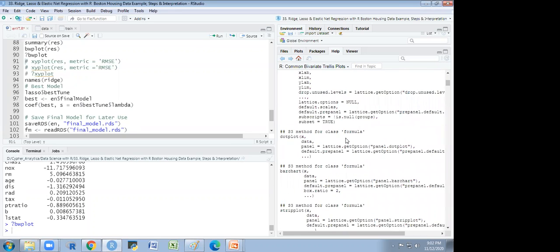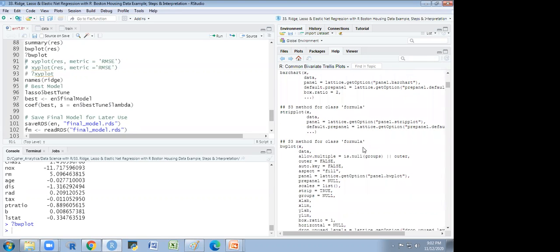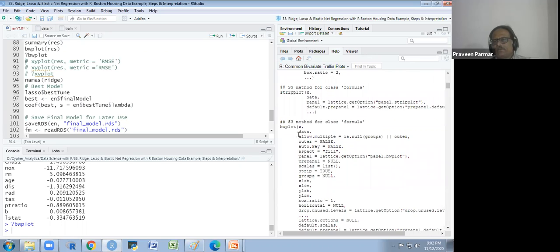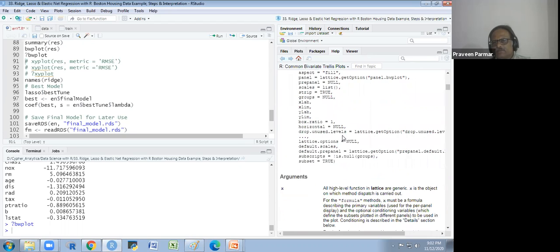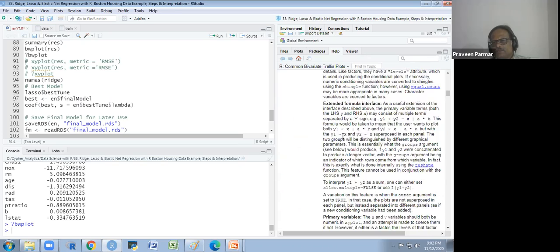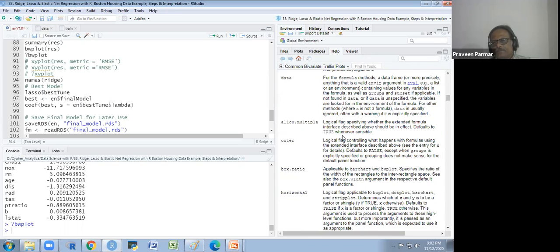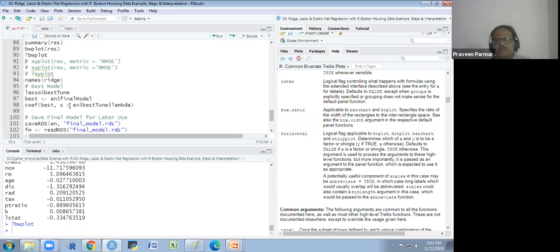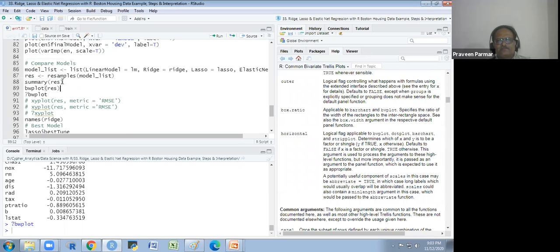Basically, in what case do we use this plot? You have depicted three models on that screen before. For such kind of representation, it allows multiple groups or plots. There are some parameters also that you can see here and read about. So we can create different plots. The bwplot I have created here is for the result. These parameters we already have.